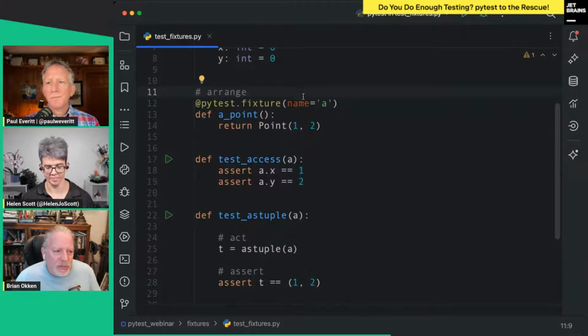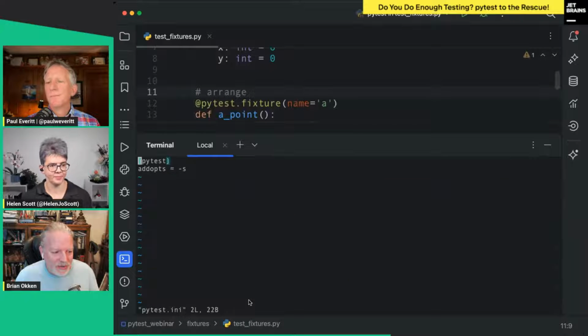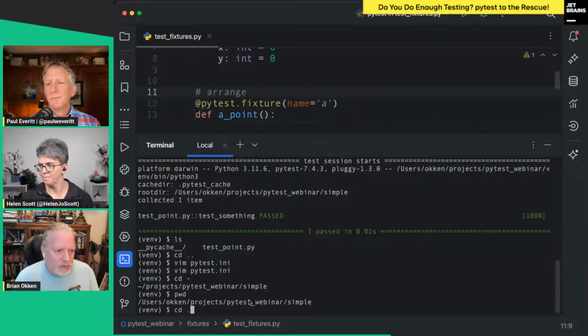But I want to show you something that I really wish I could show you the pop-up for. So I'm gonna put it in a pytest.ini file. I've got my pytest.ini, and I've added some options. I've added -s so that we can see the output, and I'm gonna also add setup show for now. Oh, we're in simple.